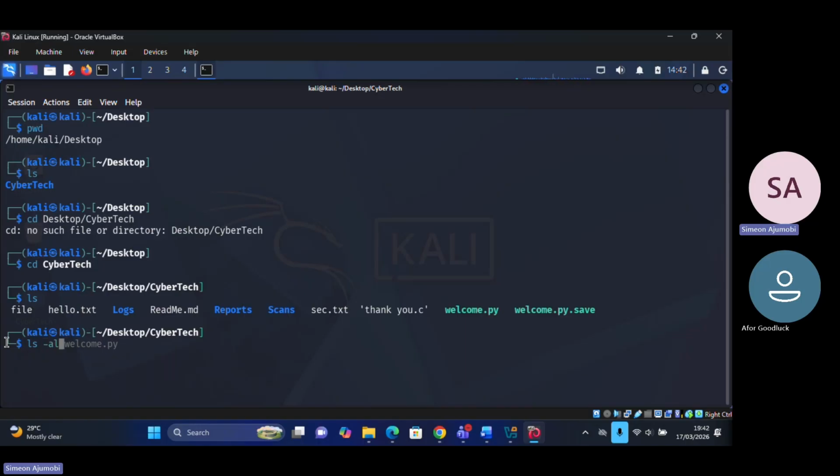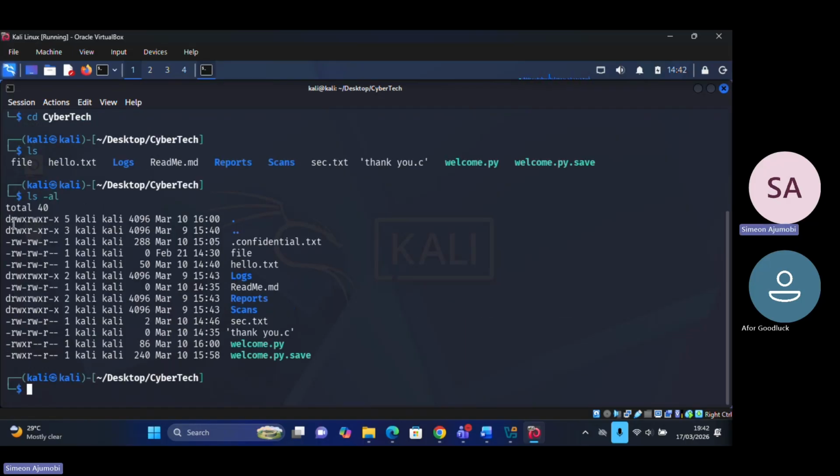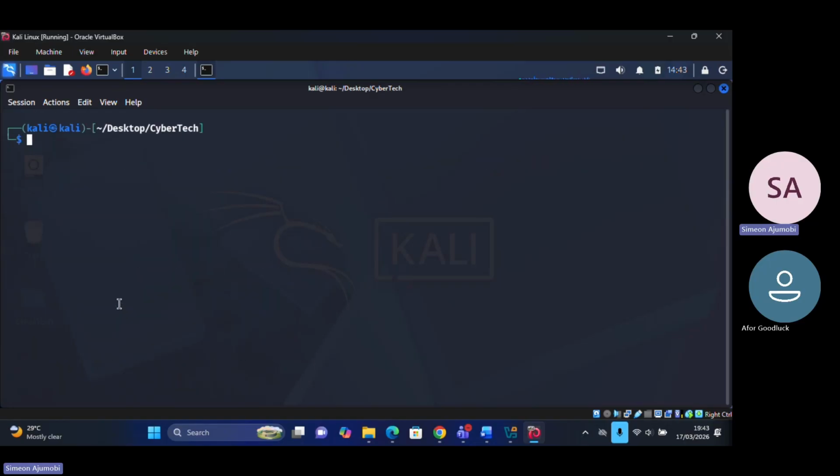Let's do ls -al and see if we have any directory there. Okay, we have a directory that is hidden, another directory that is hidden, then there's a directory called logs. This is the report directory and this is the scan directory. That's good. But I would have loved to create more directories, using the mkdir command, so we can have more directories such as folder1, folder2,